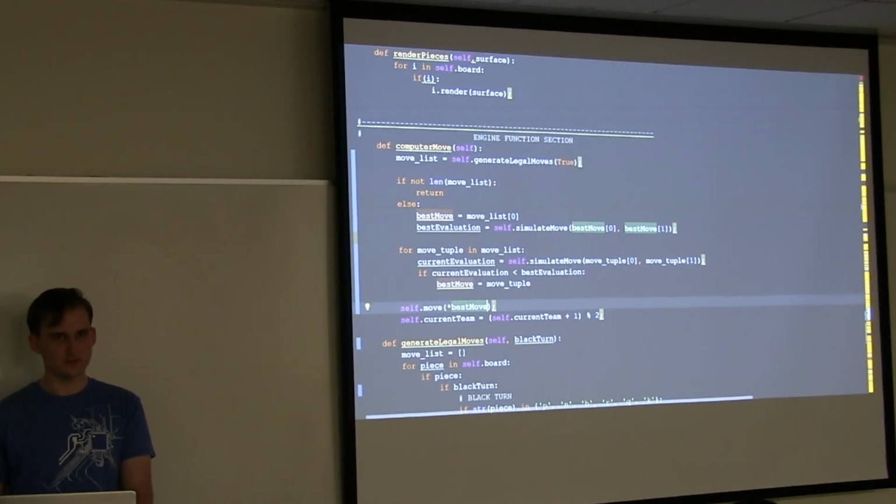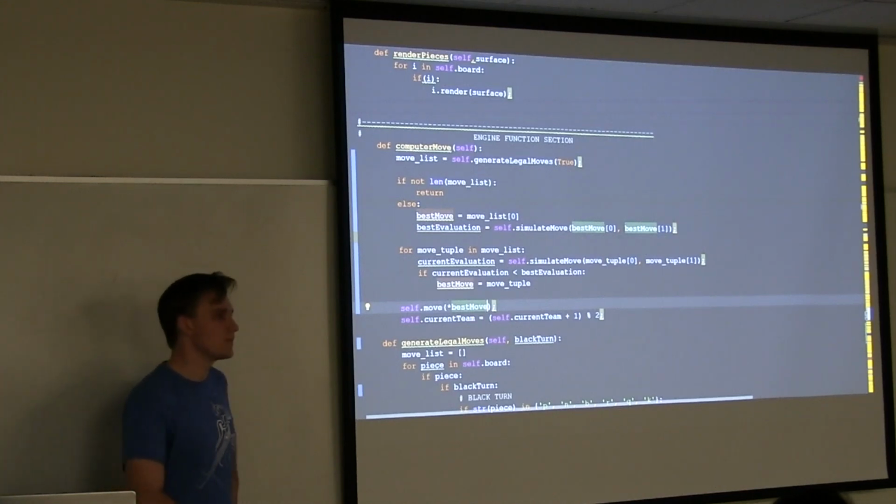Is best move the tuple? Best move is the tuple, yeah. Then it'll unwrap it. Does move have two parameters? Yeah, position 1, position 2. Okay, cool. It's a good trick.